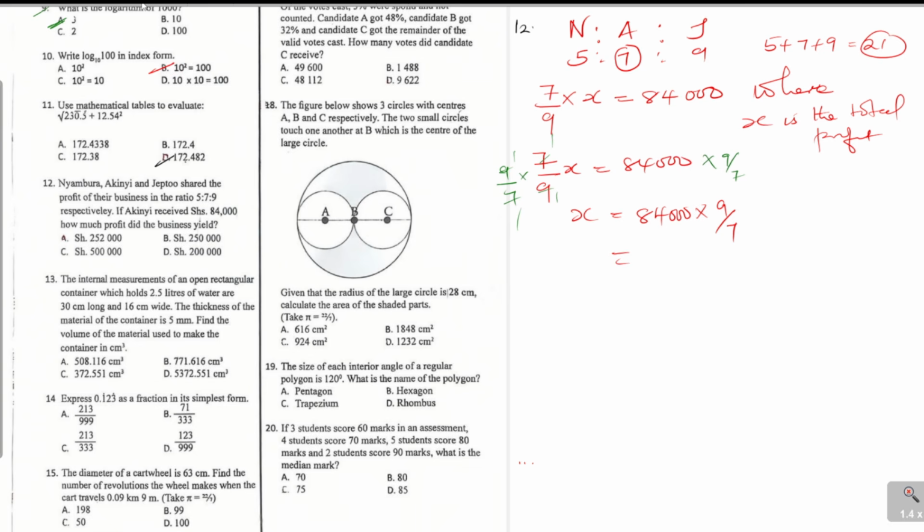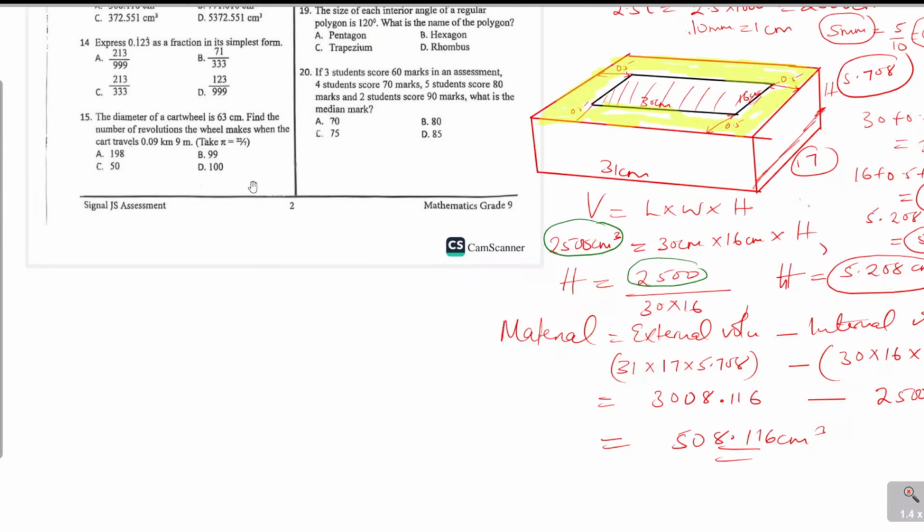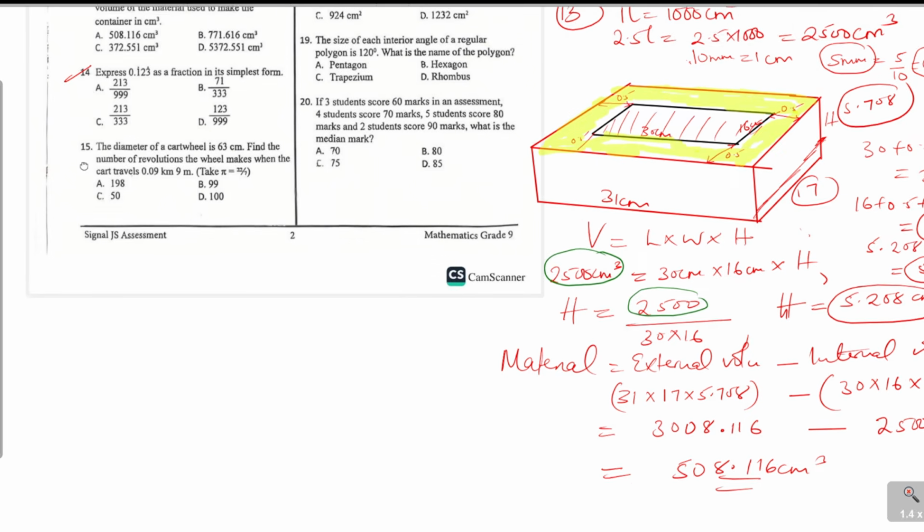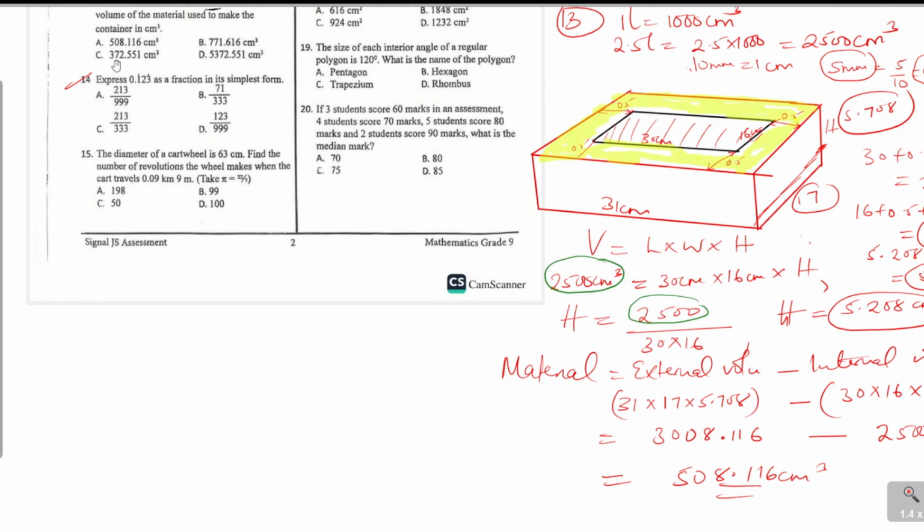Question 14. Before we go, for the other question, the solution was supposed to be 508.1. So, express